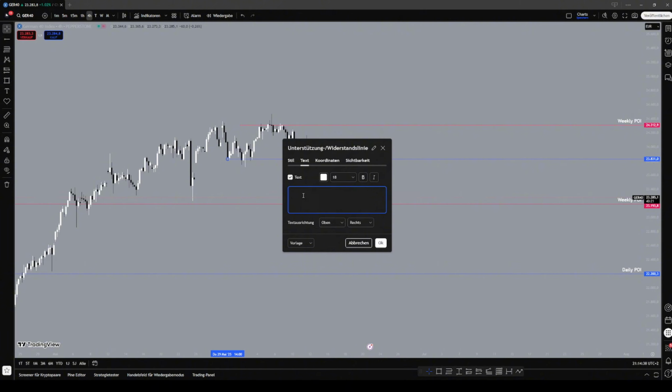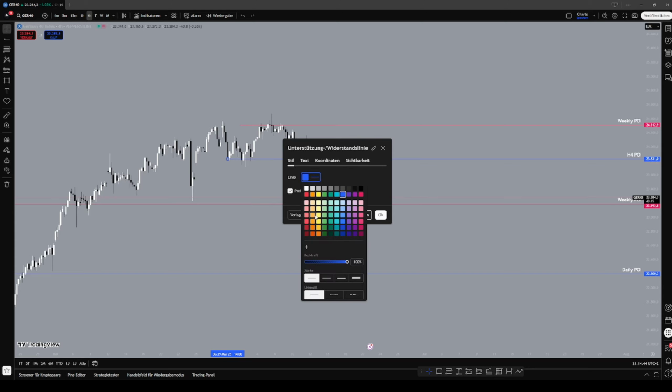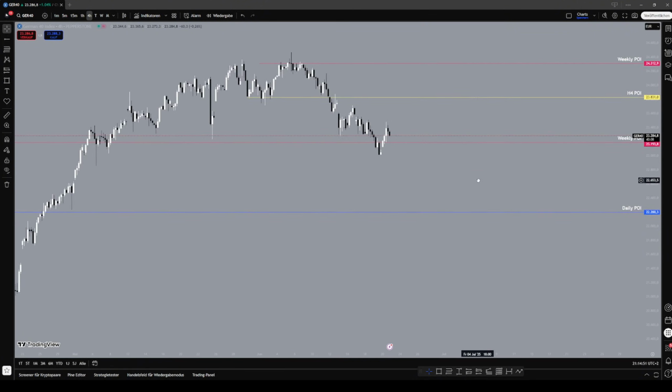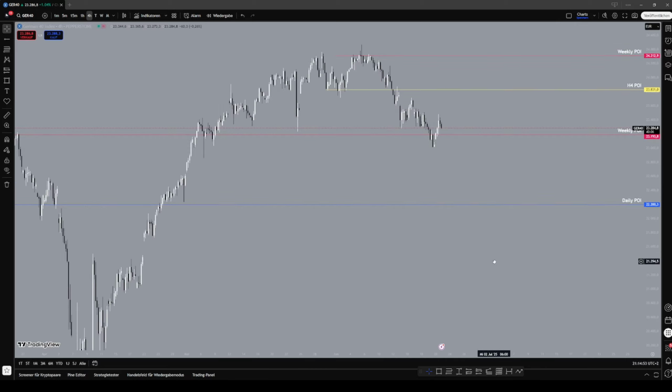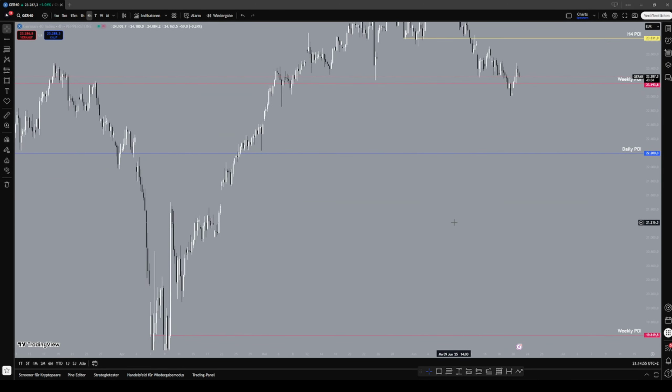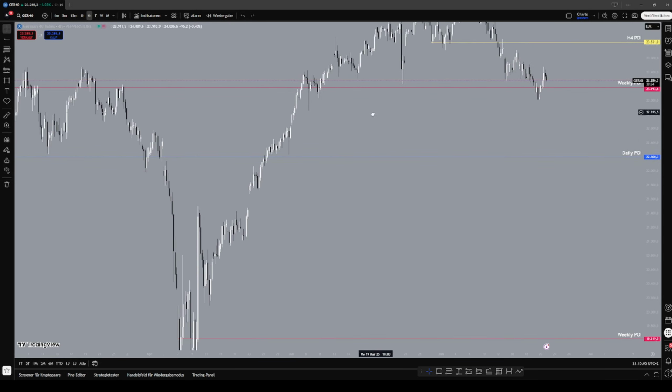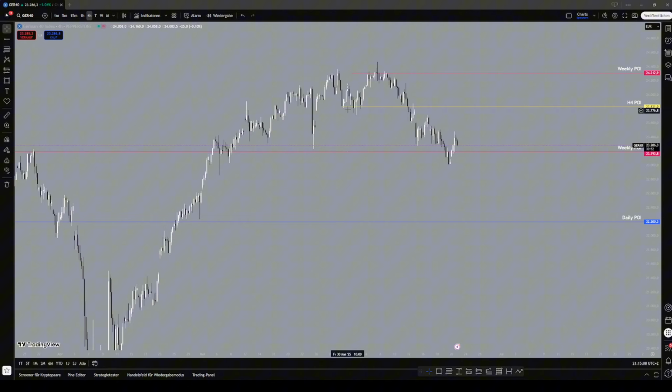So I will just rename this into H4 POI and will change the color so we can identify this properly later. So maybe we can have another for our POI. Yeah, that's more, but I don't like these long wicks. That's why I'm not using the wicks for zones. And you can see if you use the bodies,